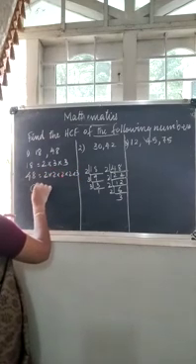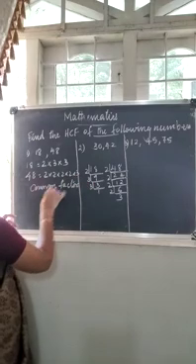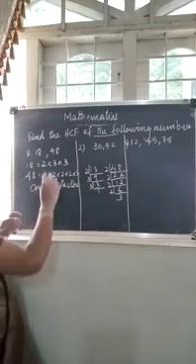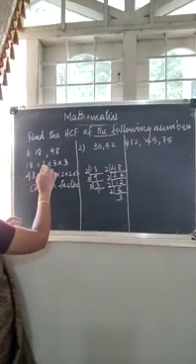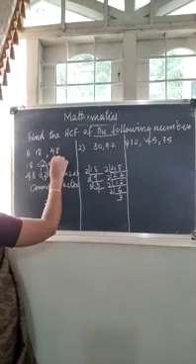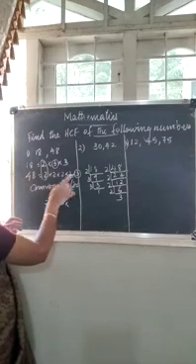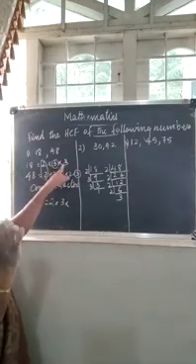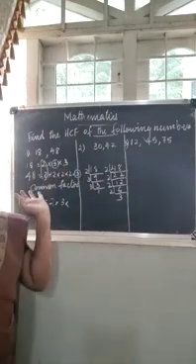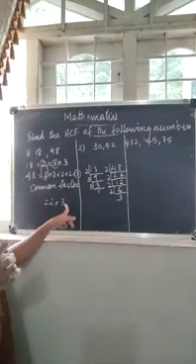Now which are the common factors? First you write the common factors, the factors that come in both the numbers. See, 2 is there in common in both the numbers, 1 time 2. Then what about 3? Here 1 3 is there, here also 1 3. So we can write 3 is a common factor. Any other common factor? No. Here 3 is there, but here there is no other 3. Here there are 3 2s, but here there is no 2. So 2 and 3 only are the common factors.